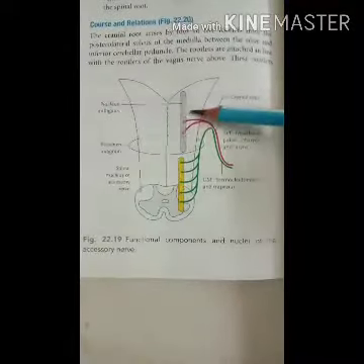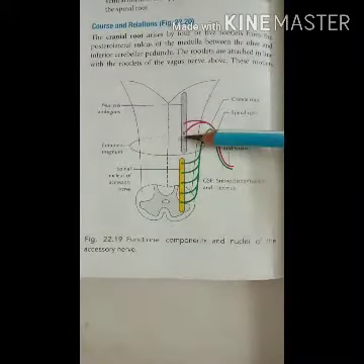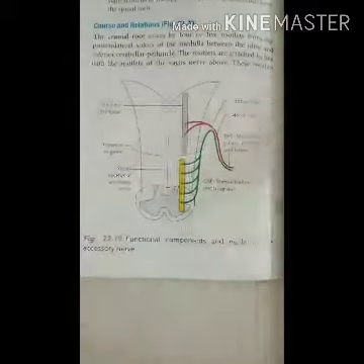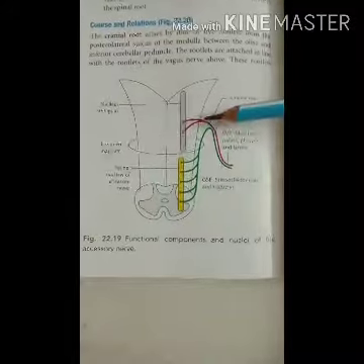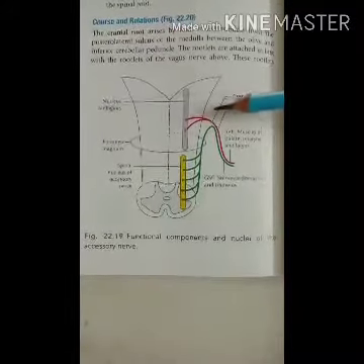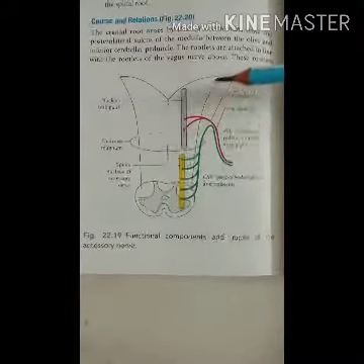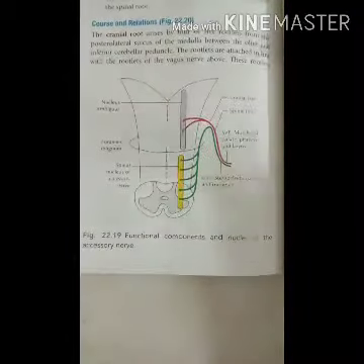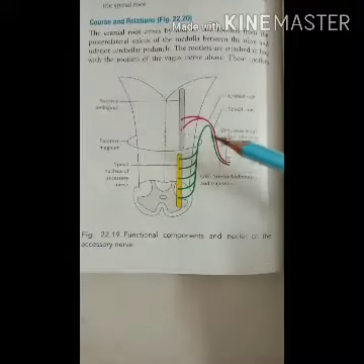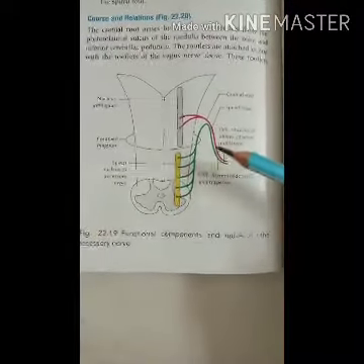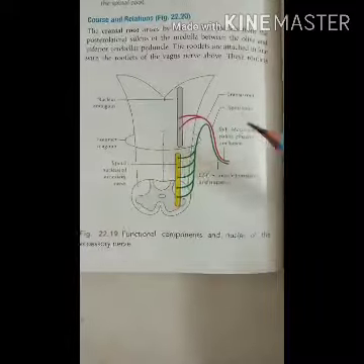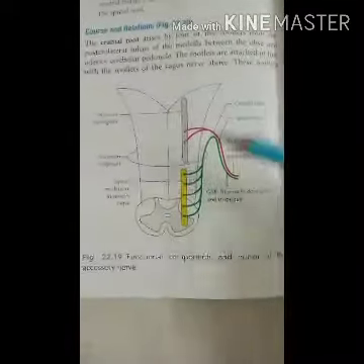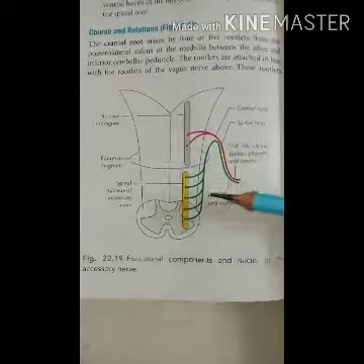The cranial root originates from part of the brain, and the spinal root originates from the spinal cord. The cranial root is accessory to the vagus, and its fibers are distributed throughout the vagus nerve. The spinal root has an independent course, and generally it is regarded as the spinal accessory nerve. Then the functional components and the nuclei of the spinal accessory nerve.